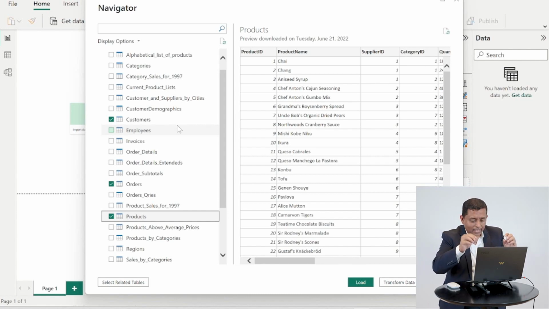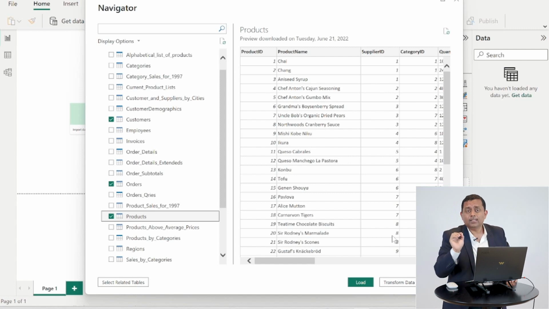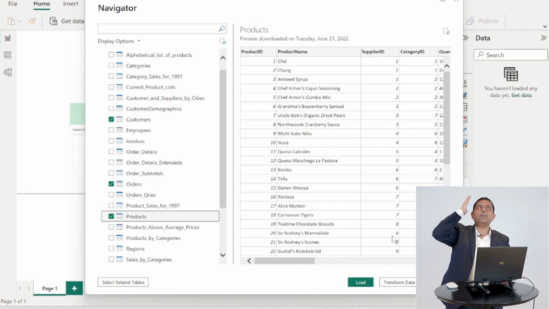We were about to click Load. And if you see the buttons over here, Load and Transform. We talked about ETL, so extract, which we already did, then we have transform, and then we have load: extract, transform, and load. So we have a choice. If you see that this data requires some cleanup, then you go for Transform. If you see that the data is clean enough, then you can directly move on to Load. But hold on, before we hit the Load or the Transform button,